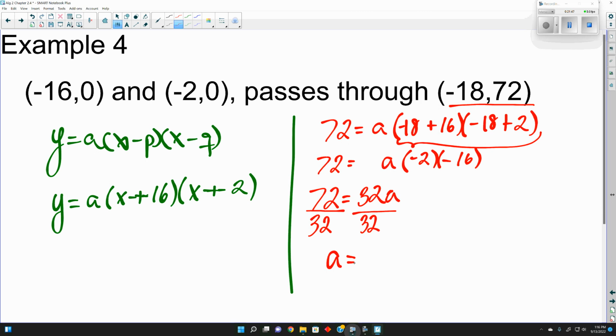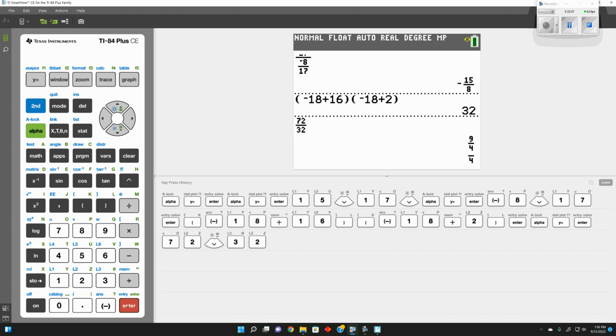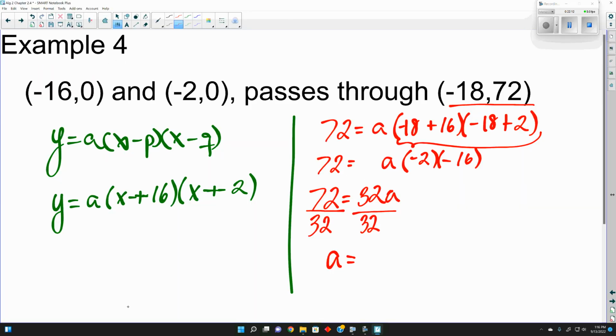And again, we could do this by hand and say, okay, 2 goes into both of them evenly, which would give us 36 over 16. 36 over 16 would reduce by 2 again, and then continue to do that. Or 72 over 32 is 9/4. So y equals 9/4 times